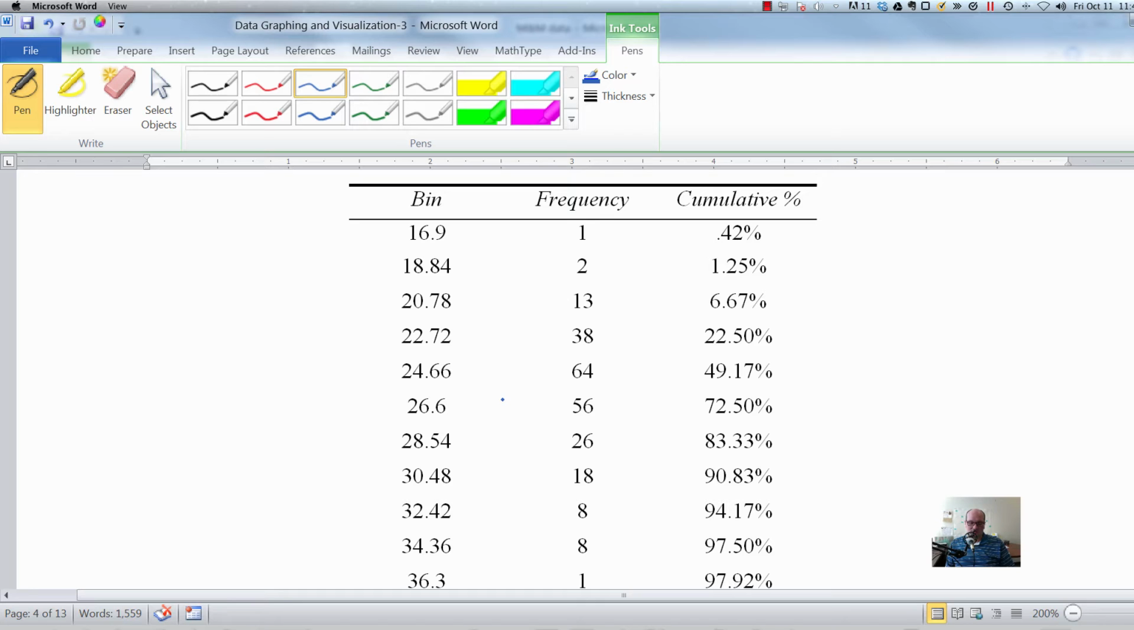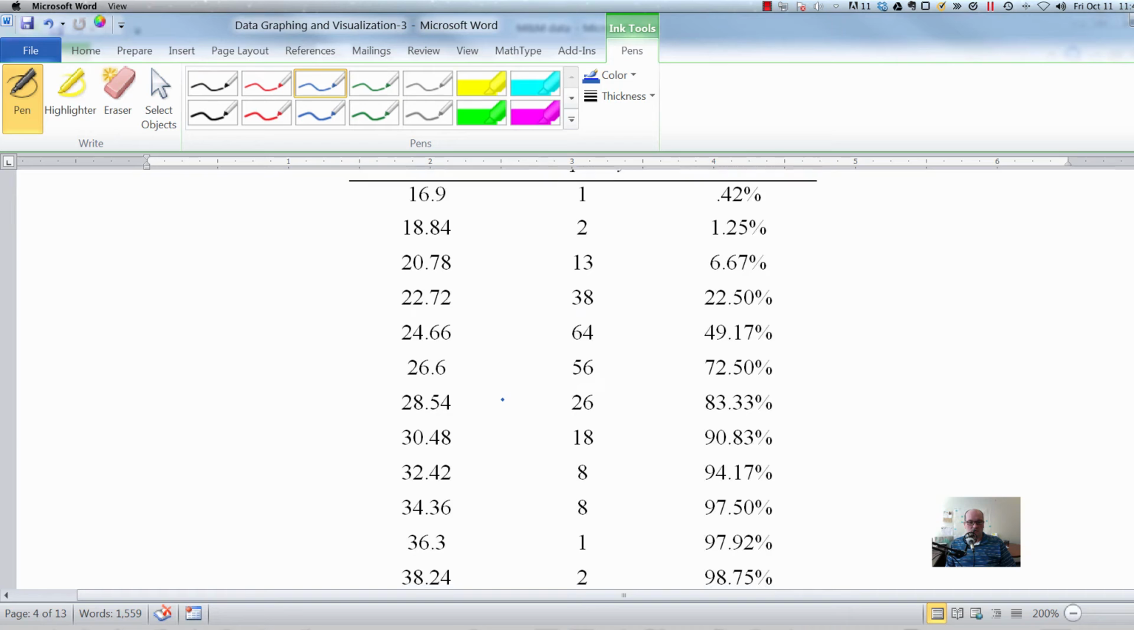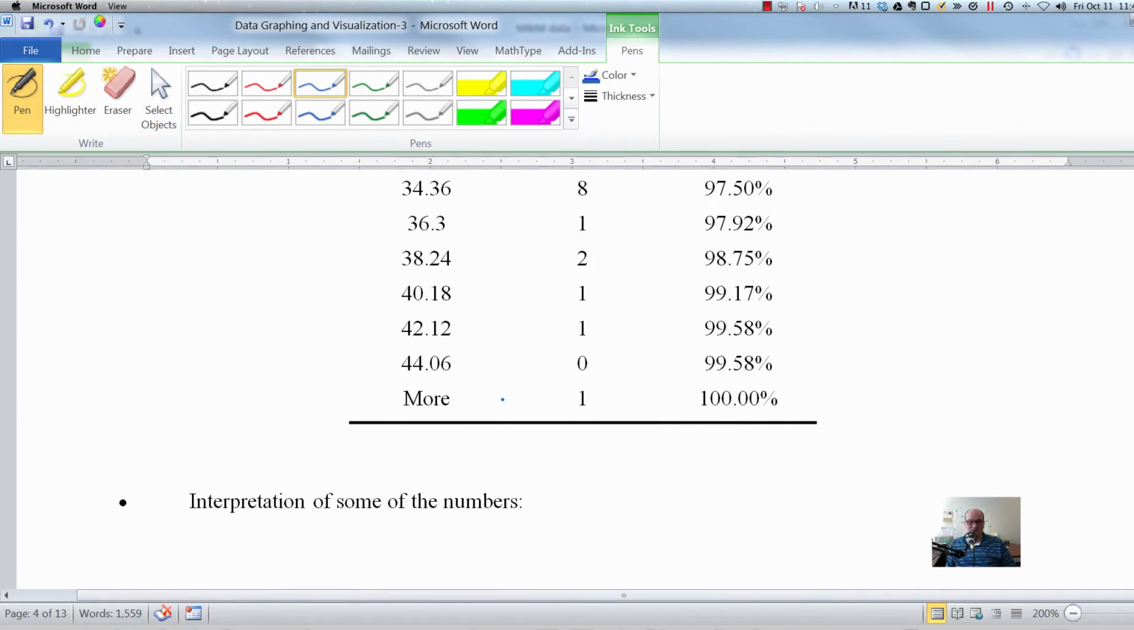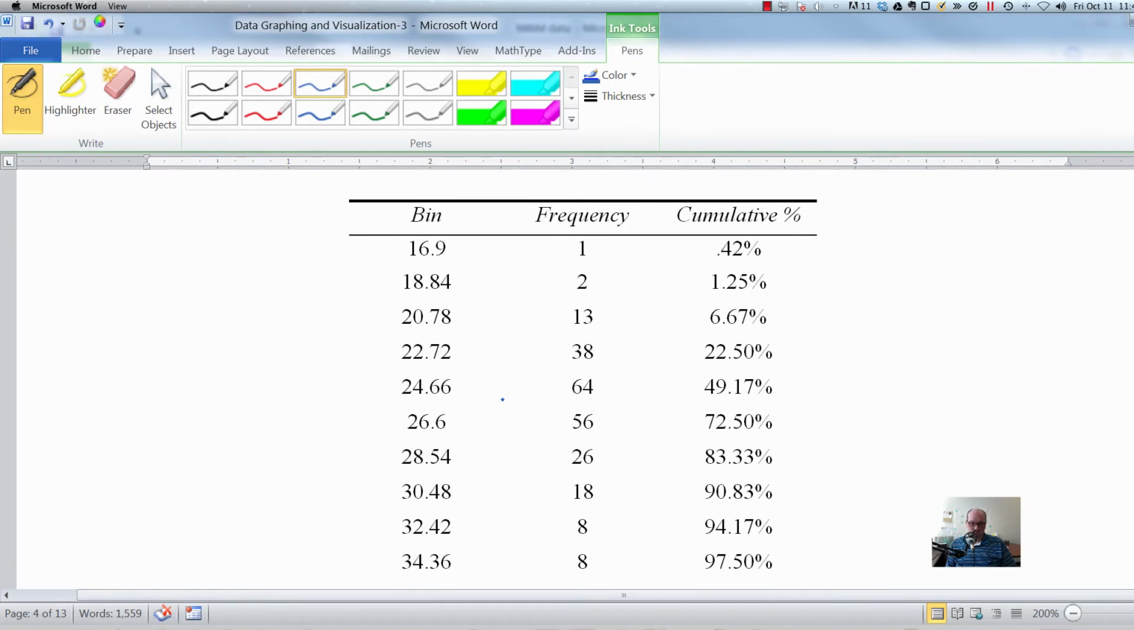So down at the bottom of this, we're going to scroll out just a little bit. It's going to ask some interpretation of these numbers. What's this bin labeled 16.9? So it's saying, what is this frequency of 16.9? Well, what that means